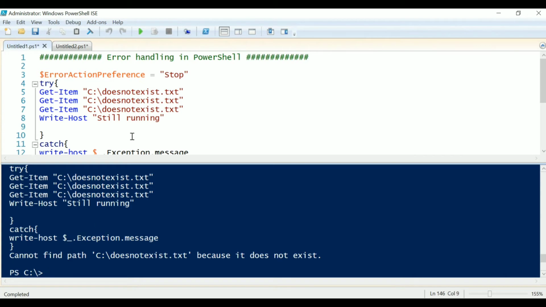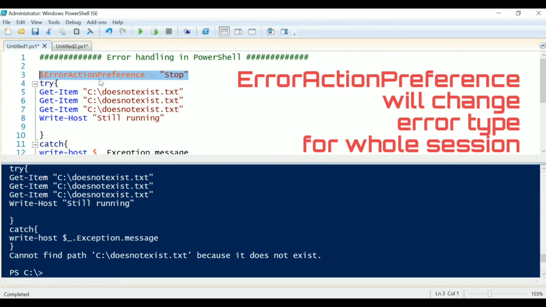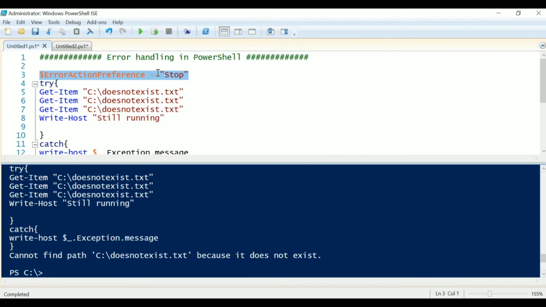We have not used the ErrorAction parameter with any statement. This means you can use the ErrorActionPreference variable to convert all the exceptions or errors you may encounter in your program directly into terminating ones. Just like the ErrorAction parameter, ErrorActionPreference also can take different values like Stop, Continue, SilentlyContinue.